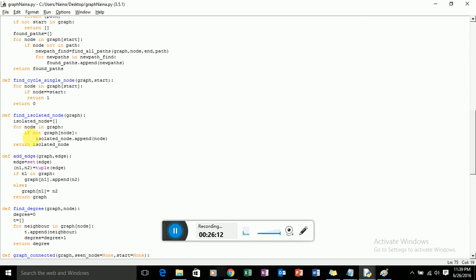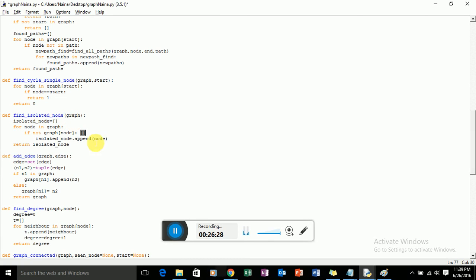For each and every node, if not graph in node, this line simply means that the value for this node is nothing.